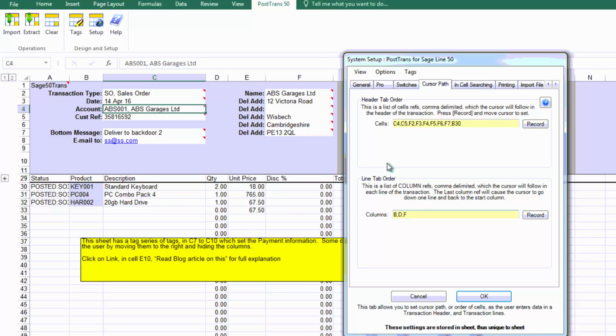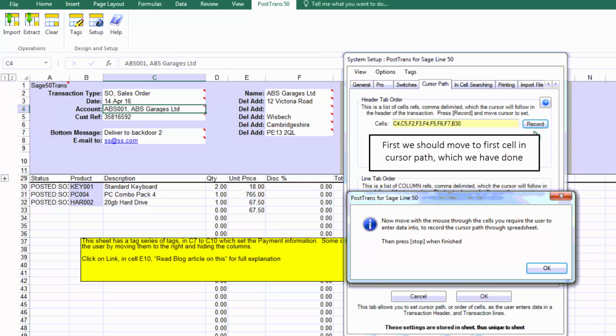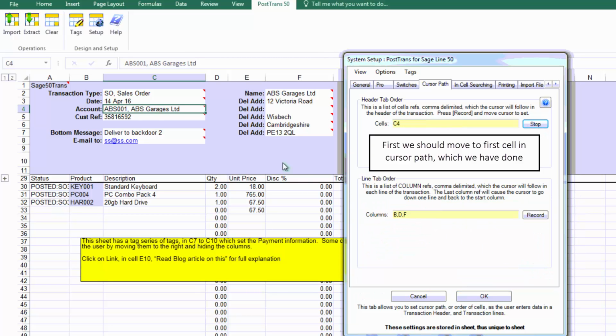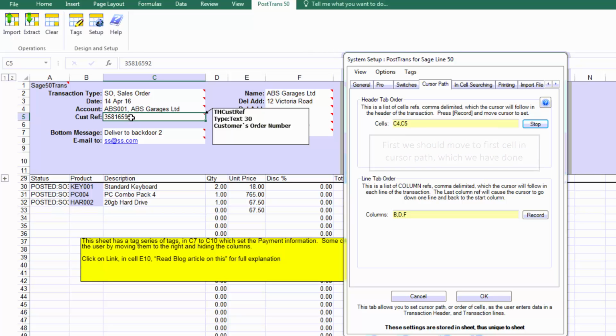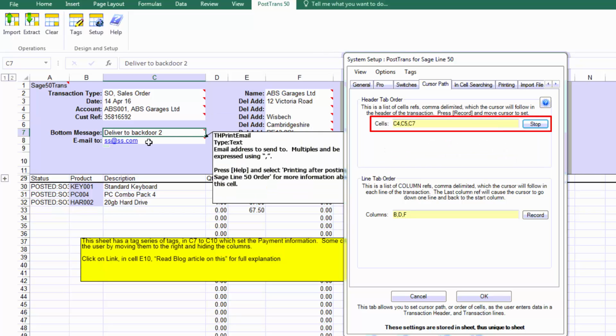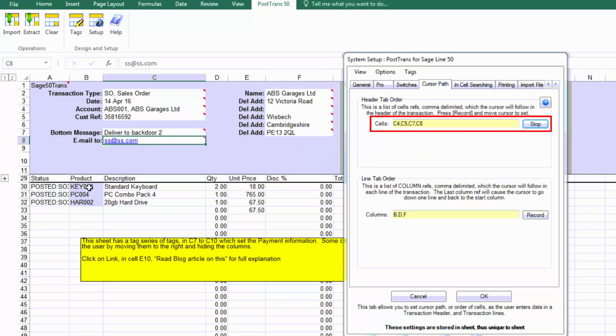Now how easy is this to set up? It's really easy because we just press record. It's just going to give me a little bit of instruction there, and all I've got to do is move the cursor, and what I could do is say that goes to B30, but if I go over here and fill in my delivery address, I want it to flow through there. So in actual fact, I've got 2 points that take it down to below. So what's that going to do? Let's just stop it